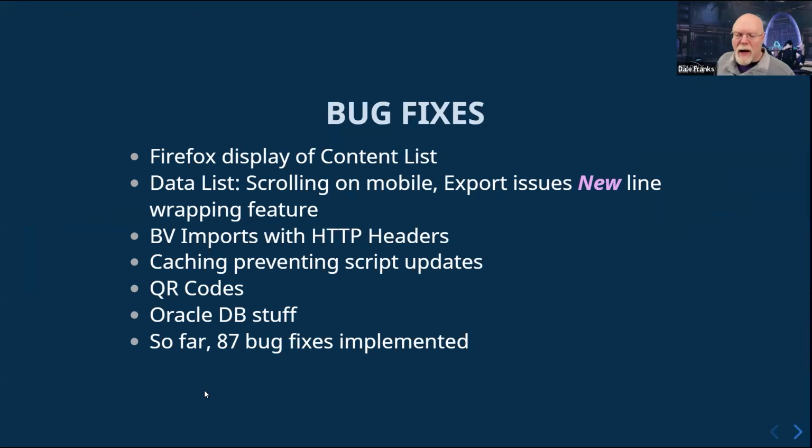A couple of other bugs, business value imports. If I had a business value that used HTTP headers and it was running fine, then I go over to dev, I remove the HTTP headers, perhaps because I don't need them anymore, and I would export that updated business value to production. It would not remove the HTTP headers. So we had to fix the import so that it compared to see whether we had those HTTP headers in the import file, and if we didn't, remove them.